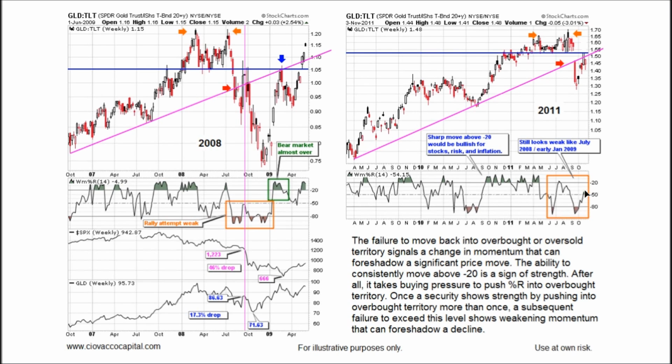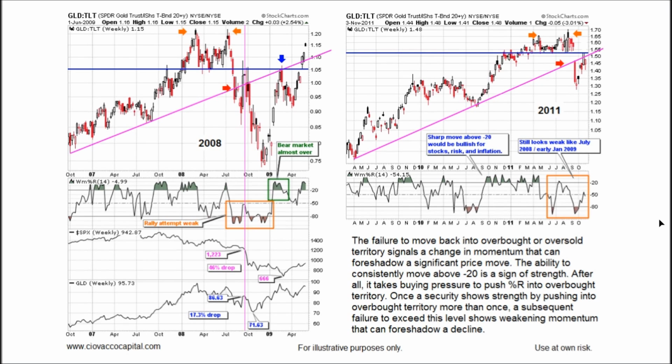First of all, it overtook negative 50, and then we dropped below it. And thus far, it has failed to move above negative 20. Now, what we would be looking for here is, in the last bear market, when we were able to retake negative 20, which is a bullish signal, this really signaled that the bear market was almost over. This right here, we didn't have much further to go. We bottomed and we went up.